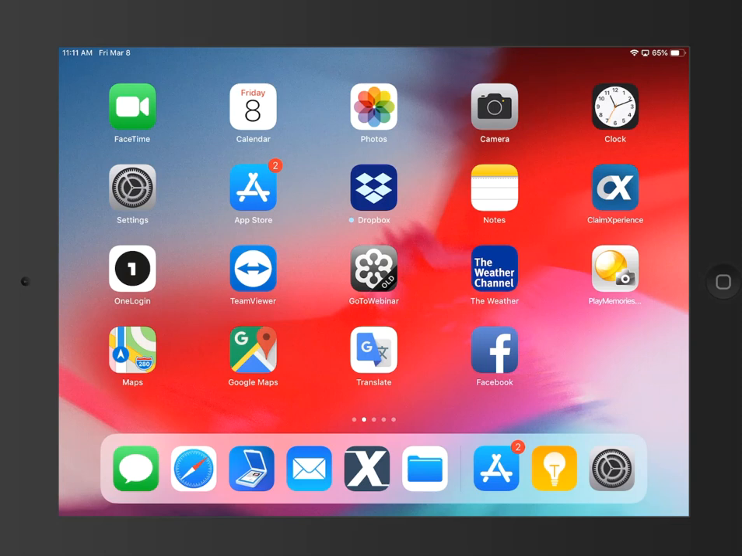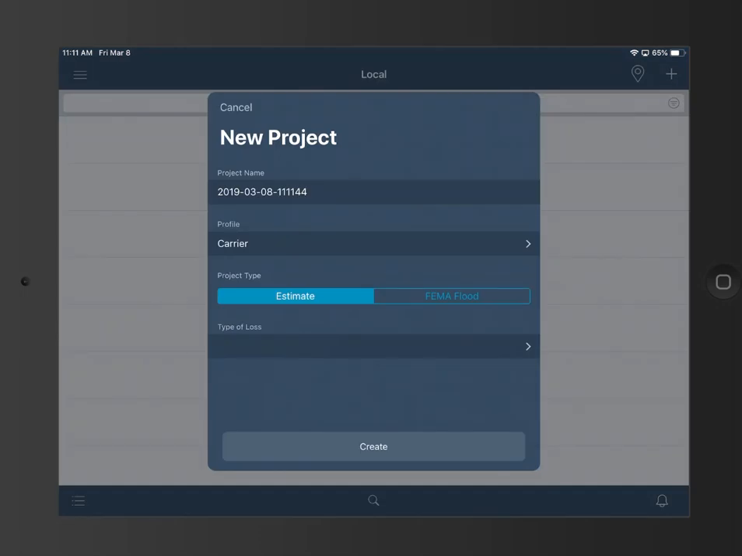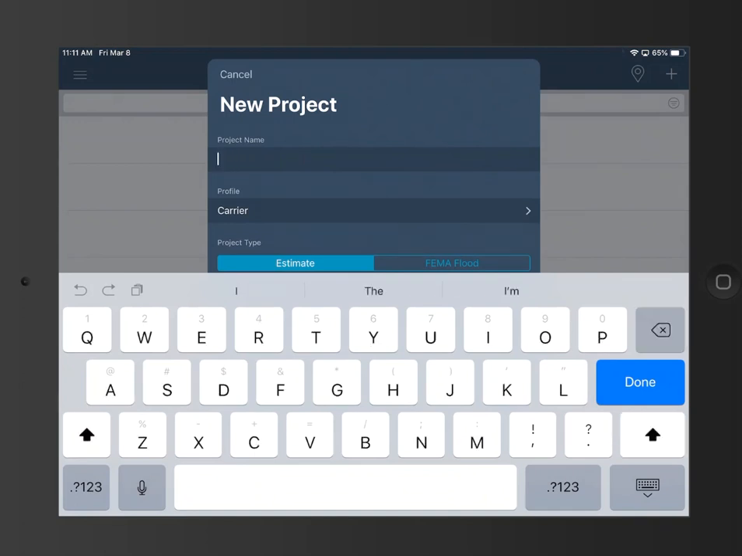I wanted to show you how to use Xactimate Mobile. We open up by pressing on the Xactimate icon. It opens up into local projects. To the top right, we can tap on the plus sign. We can go to the project name, and we're going to call this claim test claim,